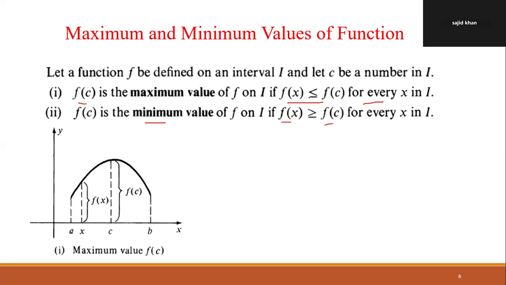So what is the concept of f of x is equal to f of c? It means that the maximum value over the whole interval I is a unique value, but its location is not unique. If f of x is equal to f of c, it means that we have two inputs where the function value is the maximum value. So the maximum value over any interval is a unique value, but that value can exist at different locations. That's why here we put the equality sign: f of x is less than or equal to f